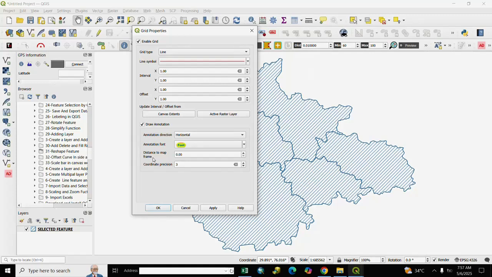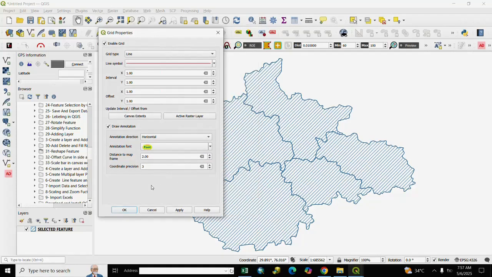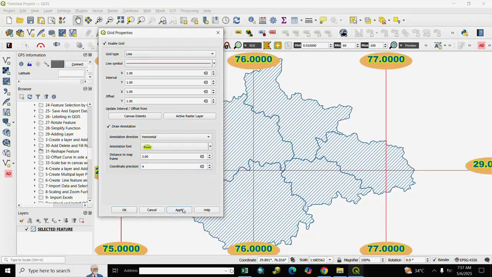And if you want to distance to map, you select here distance to map as per your choice. And if you want to coordinate precision, means how many point display on after point, you select here coordinate precision and apply.